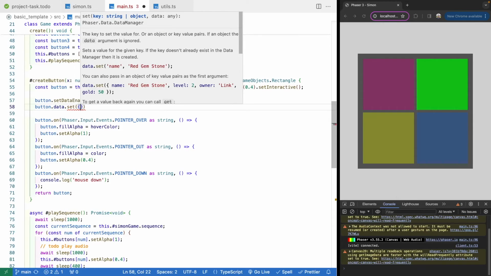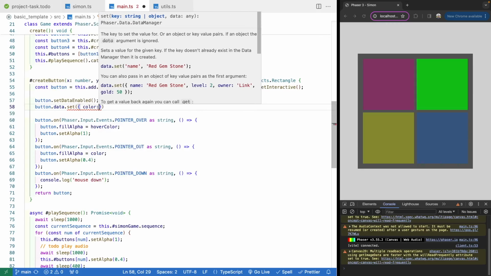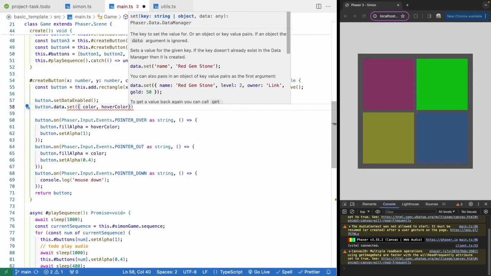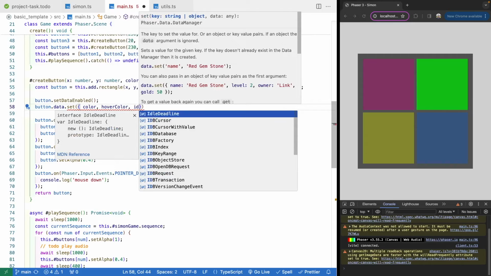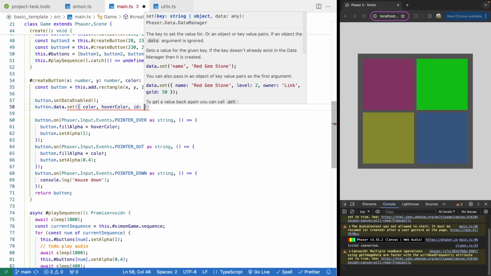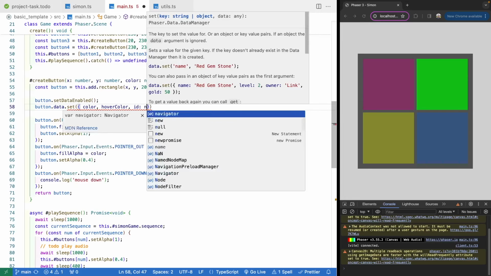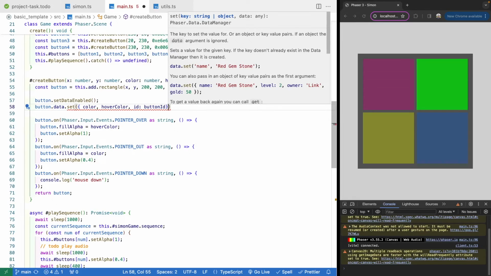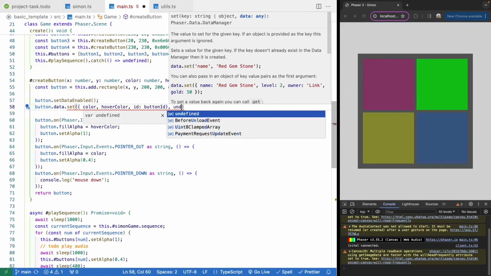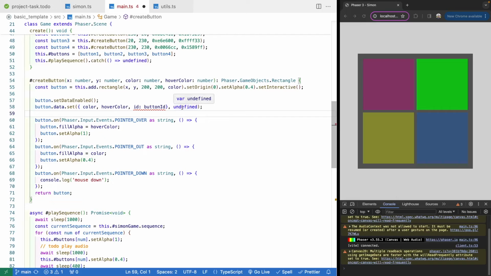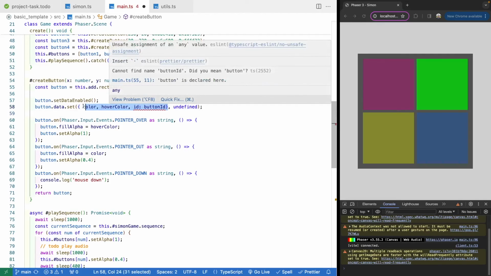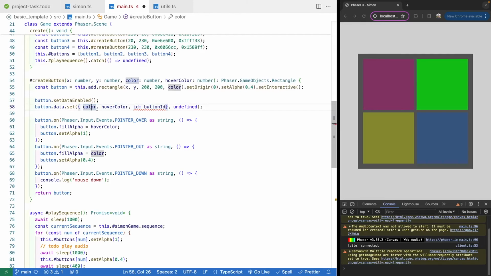For our object, we're going to want to store a reference to our color. We'll want to store a reference to our hover color, and we need to give our buttons an ID so that it's unique. For the time being, we don't have this, but we'll just call this button ID. And then for our data here, we're going to provide undefined. The reason we're doing that is when you provide the object, Phaser is going to use these keys on your object as the key,